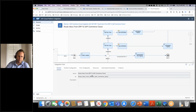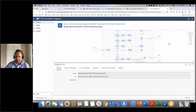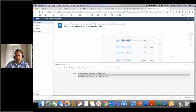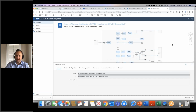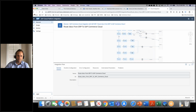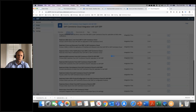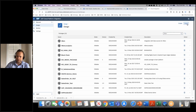And you can see versions here provided by SAP. SAP continues to maintain these integrations for each release of S4, for each release of Commerce. And you can see that there's quite a bit of work that SAP has put into this. And I guess that goes to the value of running SAP Commerce Cloud and SAP S4 is that if you're running Salesforce Commerce or Oracle Commerce, you're having to build and maintain these integrations on your own. Whereas if you purchase SAP's Commerce or SAP Commerce Cloud with S4HANA,